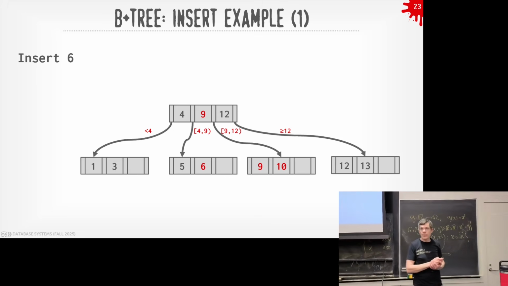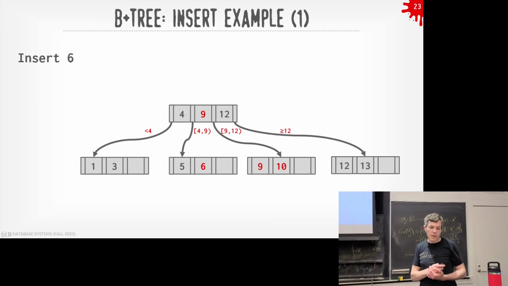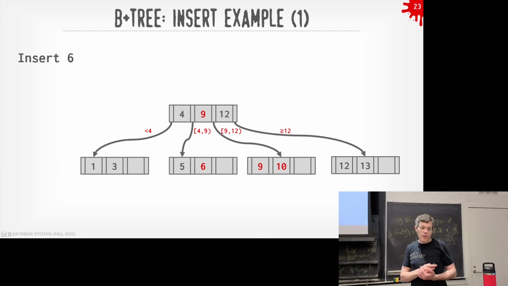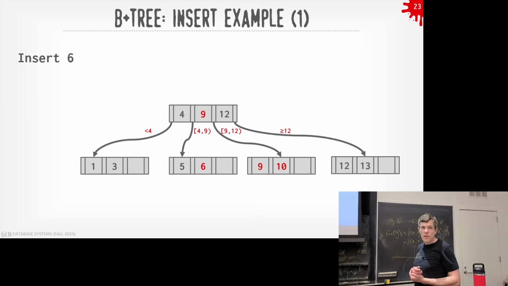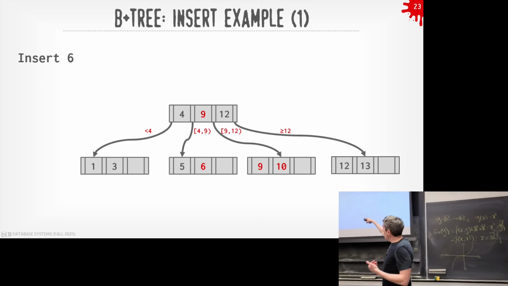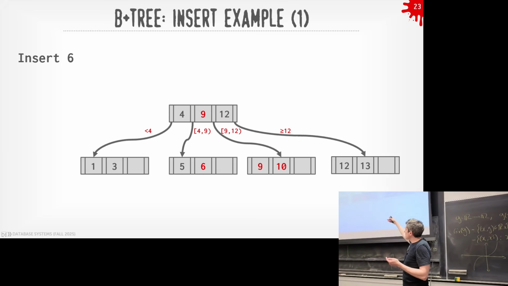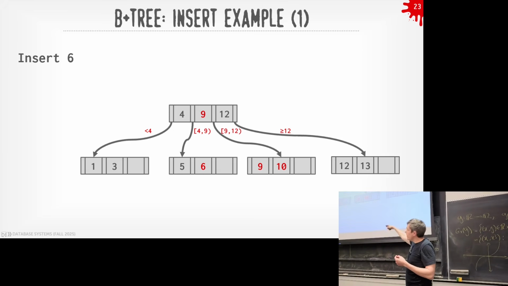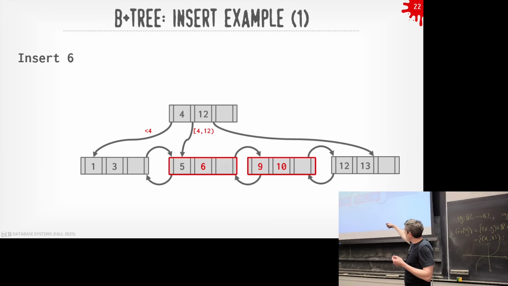Okay? Yes? The question is, you don't remove the 9 in the leaf? Why would you do that? I mean, you move the 9 up to the first in the root. The statement is, why don't I remove the 9? Well, if the key exists, it has to exist in the leaf nodes, right? So going back here, 9 was in here before: 5, 9, 10. So 9 is in there. Any key must exist in the leaf node. The statement is, and he's correct, any key that exists in my data structure has to exist in the leaf nodes? Yes.